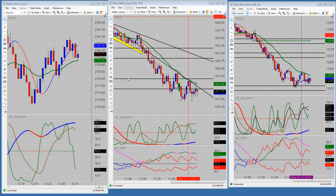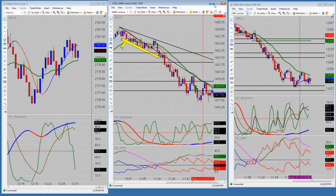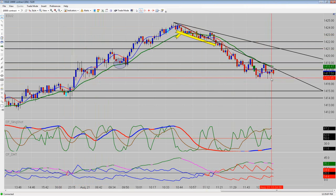Okay. What level in the ES, if we were to close below, would get your attention for a reversal sign? Well, let's look at a bigger picture here. I would think this level right here for a total reversal. You mean a multi-day or multi-month reversal, Jerry? I don't deal in those time frames, but